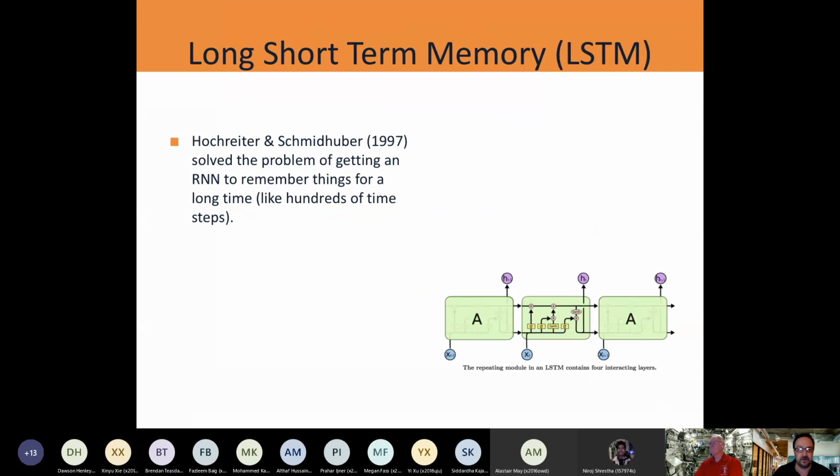Okay, so I mentioned LSTMs came about in around 97. That was Hochreiter and Schmidhuber, who solved the problem of getting recurrent nets to remember things from a long time ago.